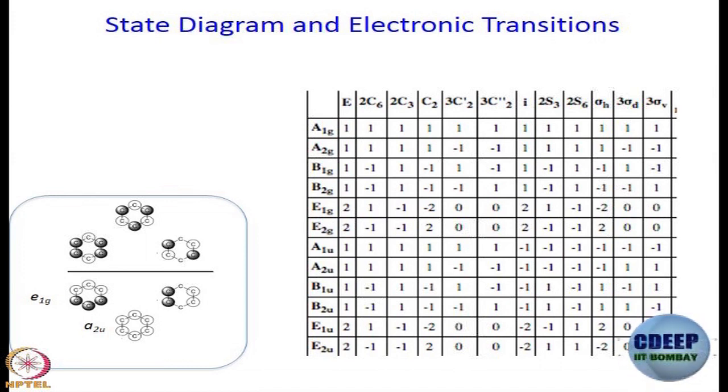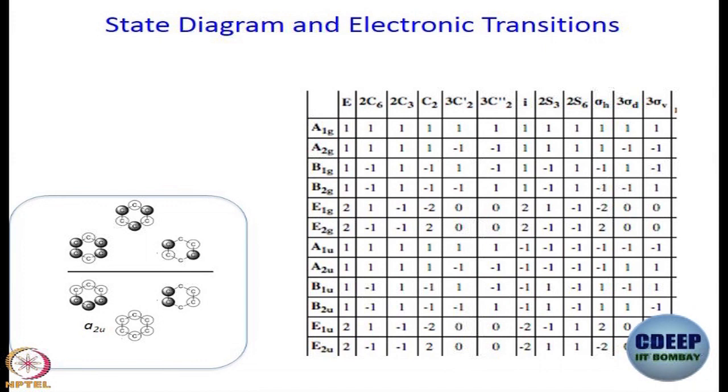Is there any other way of doing it? First of all, it is a 2-dimensional representation, right. If I want to take a shortcut, assuming that I have not gone wrong anywhere, I can actually work out E1G without working out the entire transformation matrix by taking some shortcut. What is the shortcut? First of all, suppose I do not know this, I know it is G, right. Can you see that it is G? This one is G. Is this also G? Of course. What about this? Is this G or U? Will these be G or U?